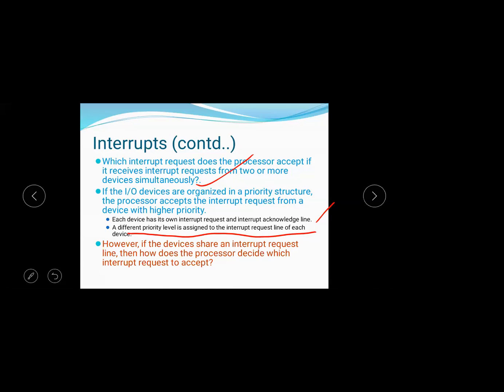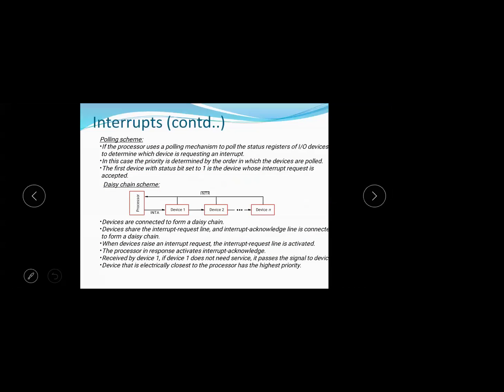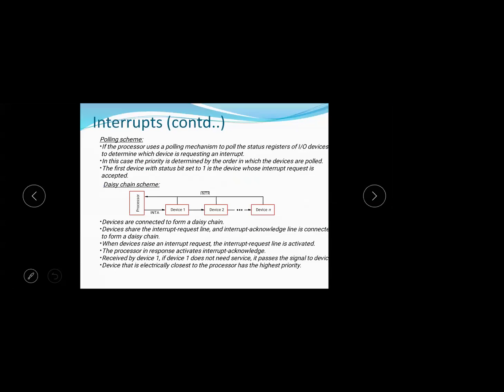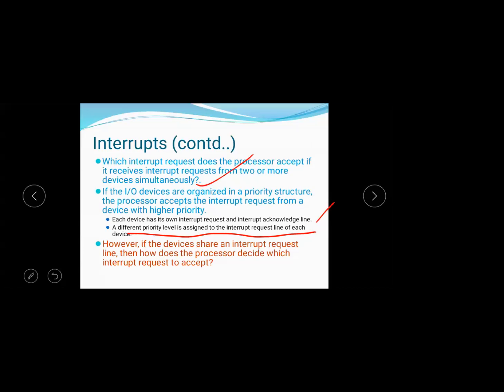However, if devices share an interrupt request line, how does the processor decide which interrupt request to accept? There are two techniques, serial method and parallel method. This is parallel, this is serial method. If two devices are requesting